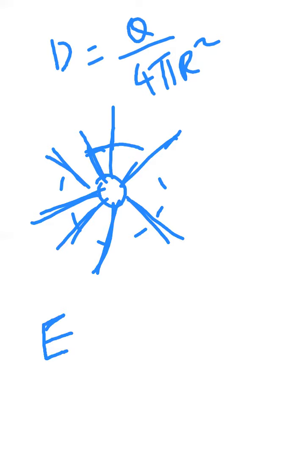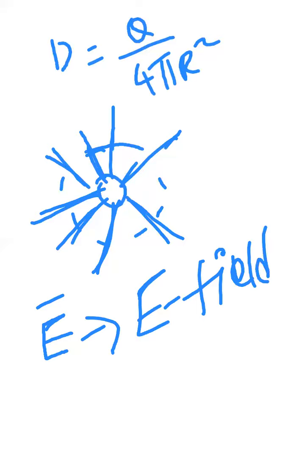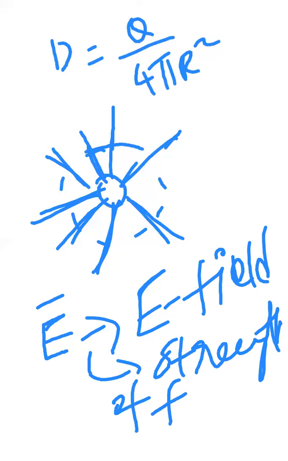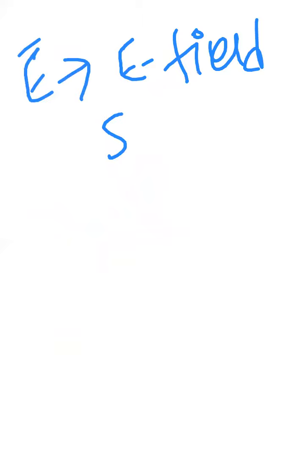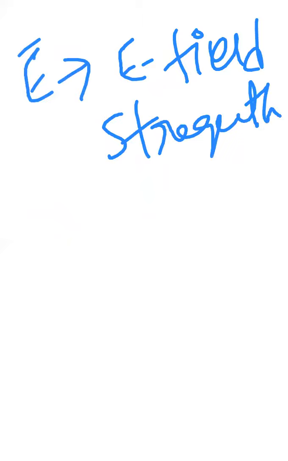Please clearly note down. E means electric field. That you know already. Everyone knows. And again, what is the hidden meaning? E field means strength of the flux lines. Already you know what flux lines are. Now it is giving you strength of the flux lines. That's why sometimes they write electric field strength, E field strength, instead of simply E. Okay, are you all getting this? So E means what, sir? Electric field strength.